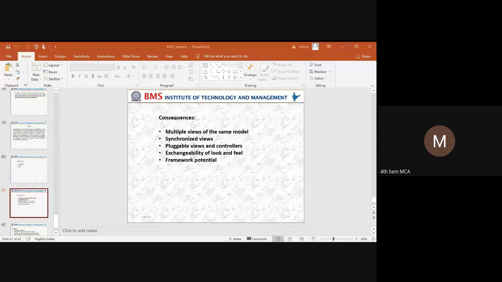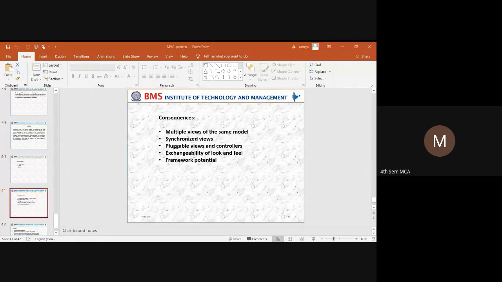Whatever functionality has been implemented should not affect the core functionality, but instead, whatever views are requested, each and every platform has to support those views. So that is exchangeability of look and feel.